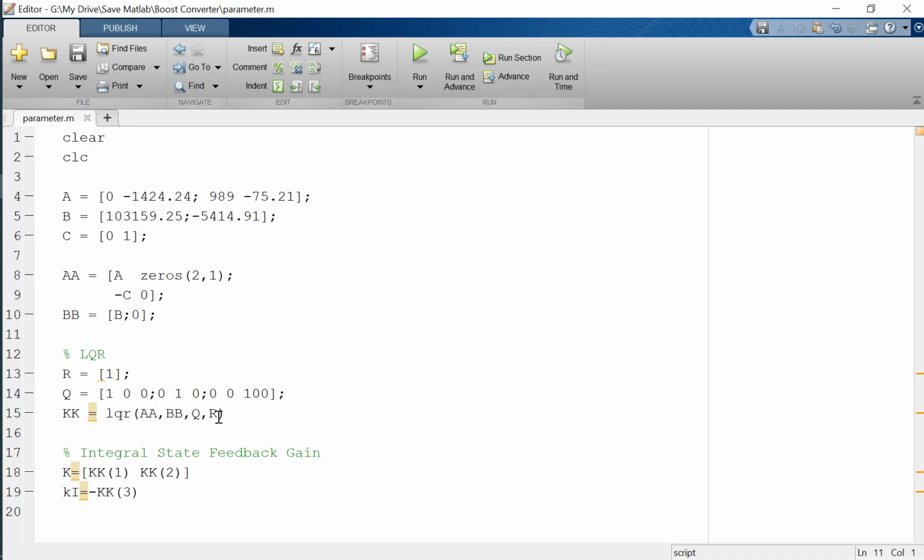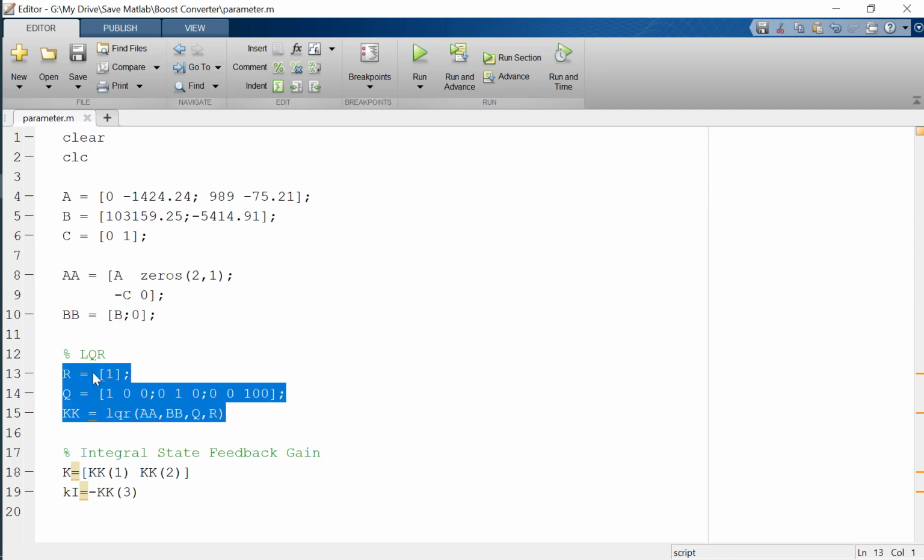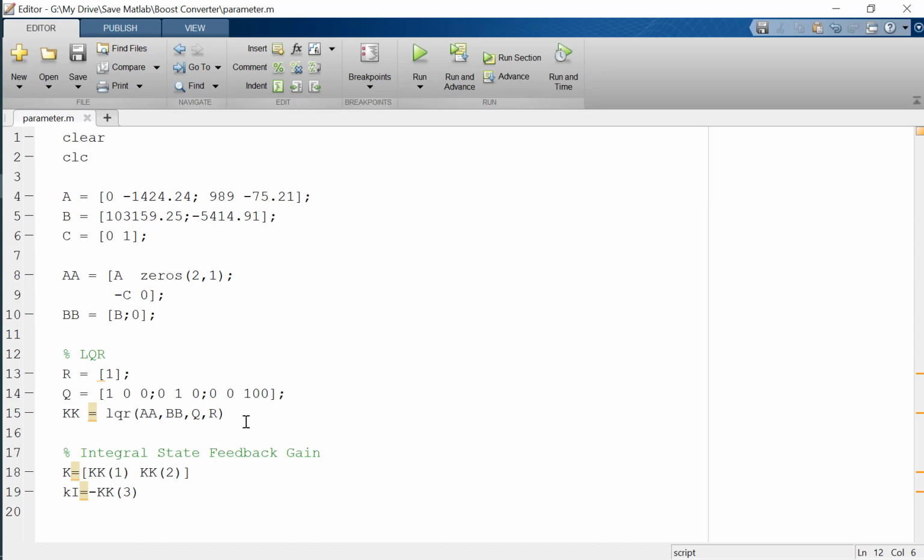And then we can calculate the LQR. So in this simulation, I use the integral state feedback control and tune the parameters using the LQR, using the R and Q matrix here. And then this is the integral state feedback gain using the LQR.